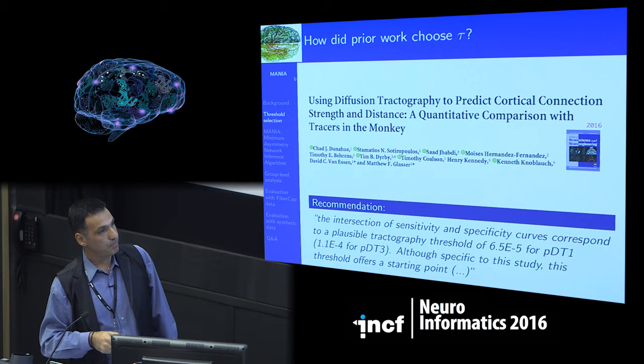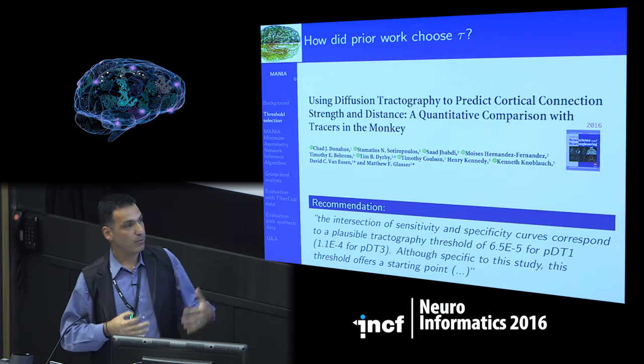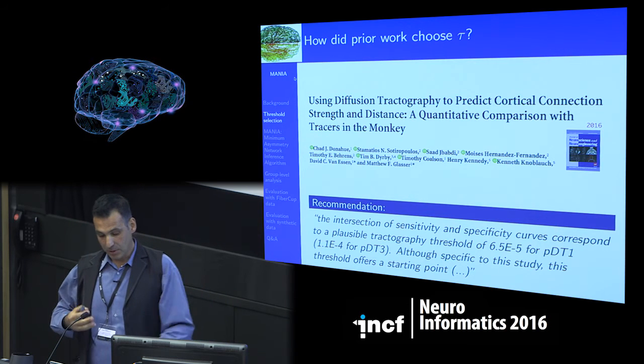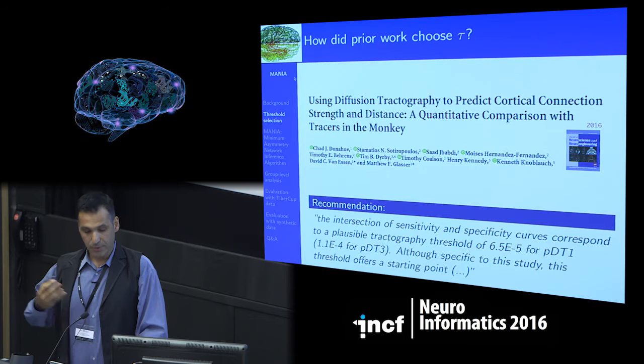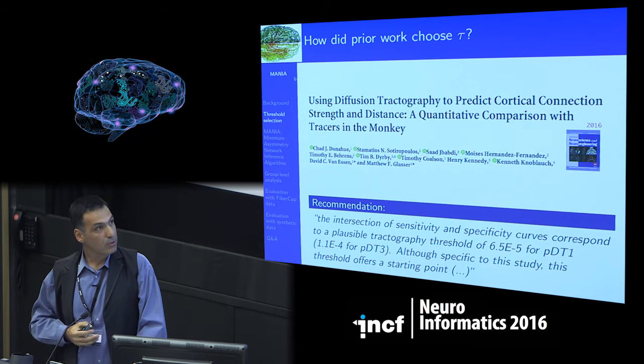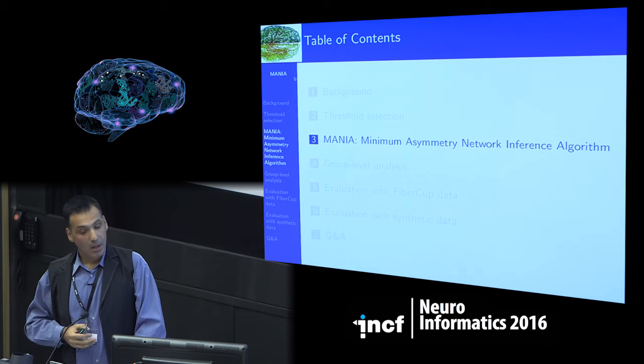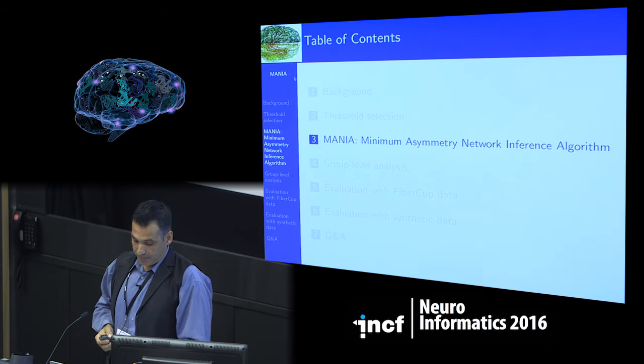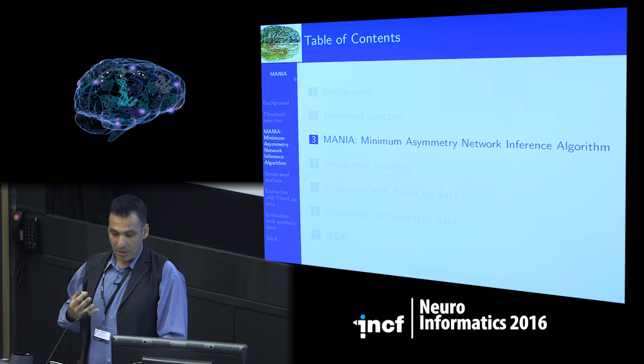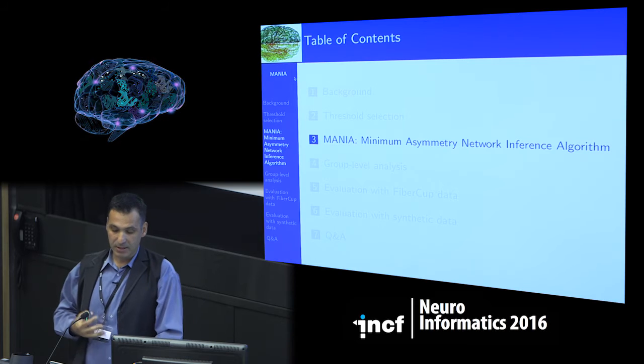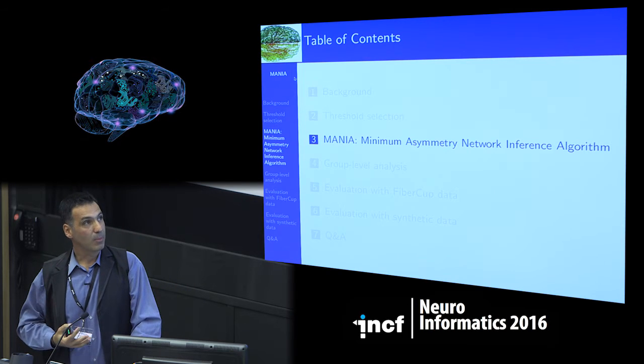Of course, they admit that these values, these tractography thresholds, are specific for this study, right? So what do you do if you have a different data set? Which values should you use? So this is basically what we try to do here. We try to come up with a method for essentially selecting this threshold automatically